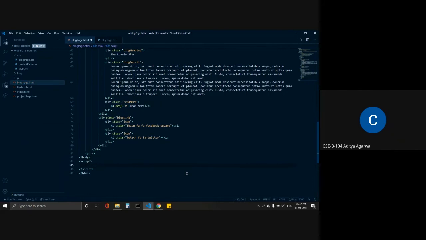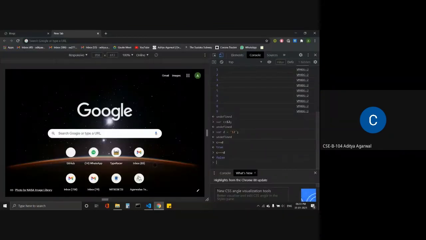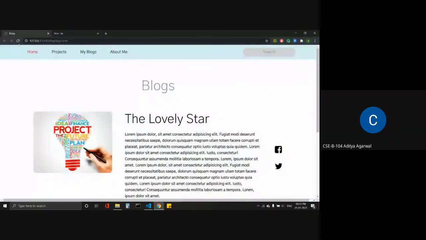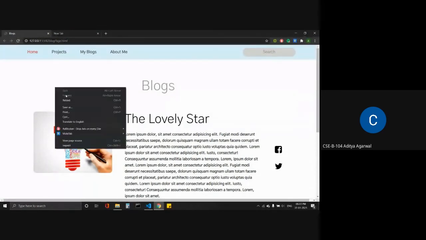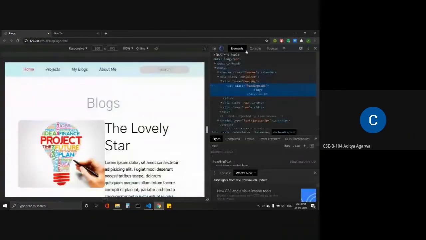Previously I told you that console log is used to print something on the console. I will use console.log and here I will print document. As soon as this web page is loaded, you may see the results. I will reload this page and inspect.